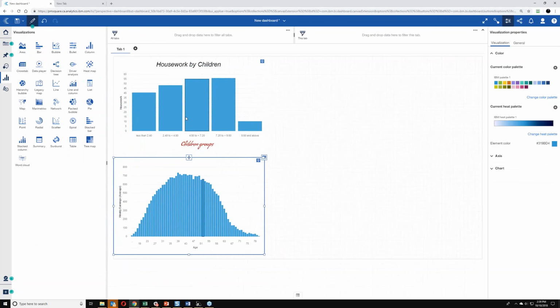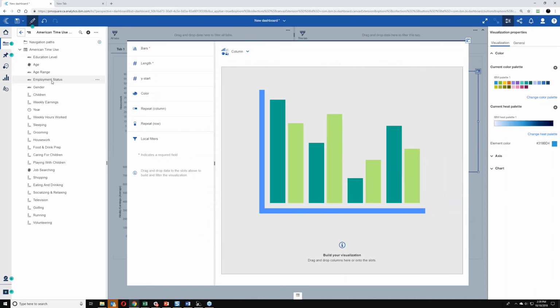Now, due to time constraints, I'm going to leave dashboards here in a moment, but I did want to highlight just exactly how useful the new AI features and the new Explore feature are in fitting in with dashboards. So one thing I want to do, let's imagine, I'll drop a column chart in here. And let's say I have this hypothesis, right? And the hypothesis is that, let's